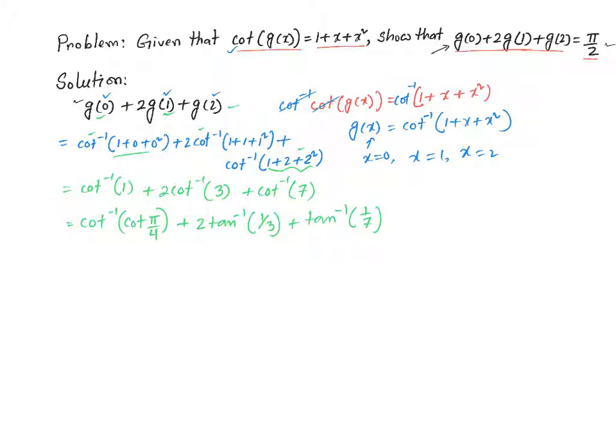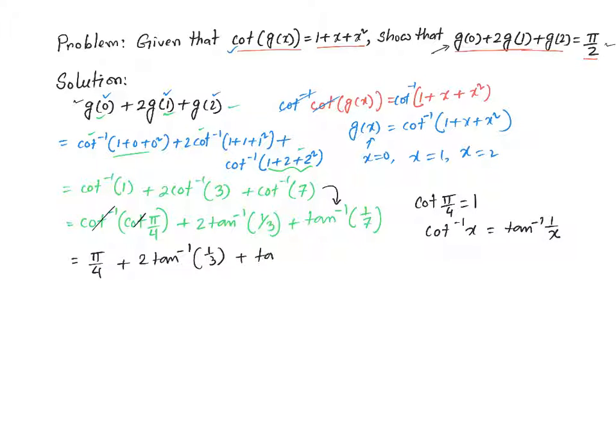Remember, in going from this line to this line, I have used the fact that cotangent pi over 4 is equal to 1, and the other relationship between cotangent inverse and tangent inverse, which is cotangent inverse of x is equal to tangent inverse of 1 over x. Now look, cotangent inverse and cotangent, they're going to cancel out. That's going to give you just pi over 4